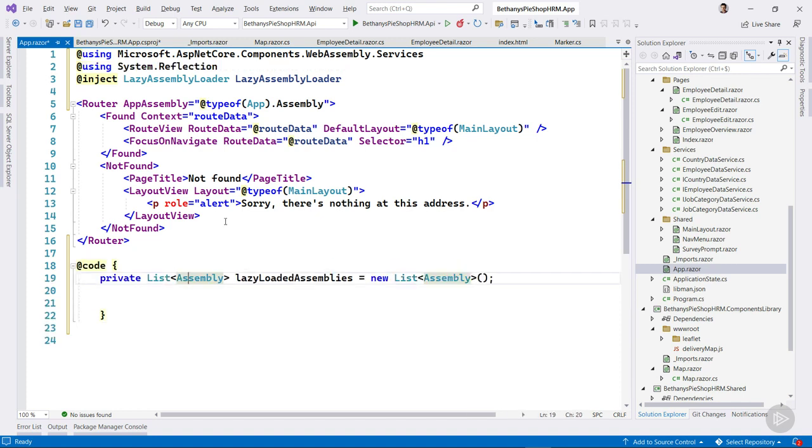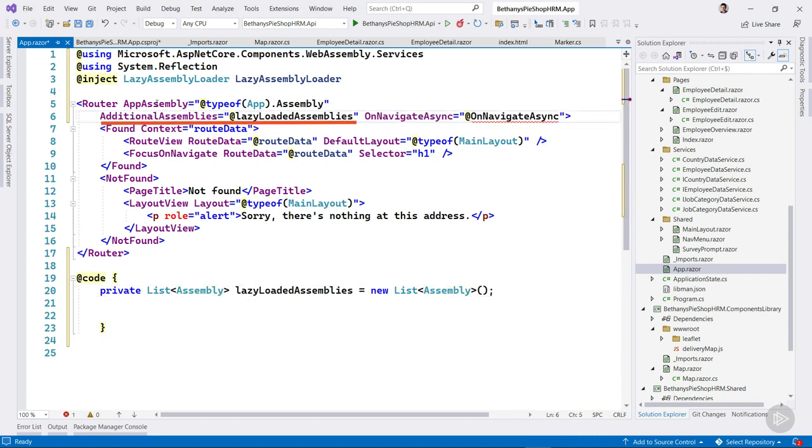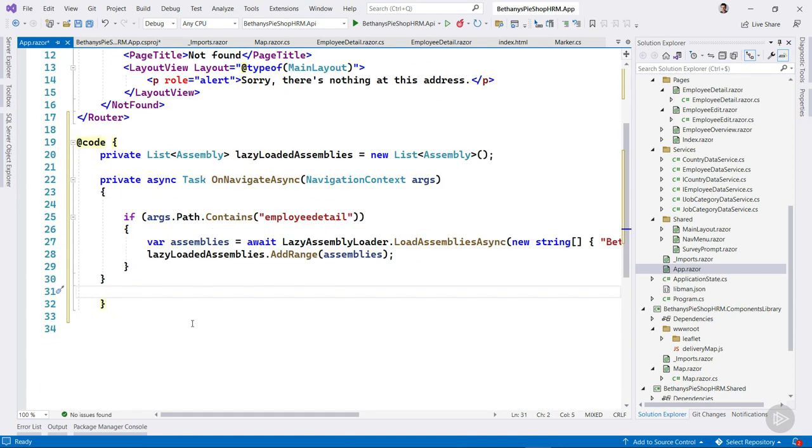And in here, I create a new list of assemblies. On the router, I'm going to specify which are the additional assemblies it may need to work with. And I'm going to instead hook into the OnNavigateAsync method, a method called by the router when we are navigating. Let me add the implementation for the OnNavigateAsync. In here, I'm going to check if the path that we're navigating to contains the word employeedetail. If that is the case, I'm going to use the lazy assembly loader and I'm going to ask it